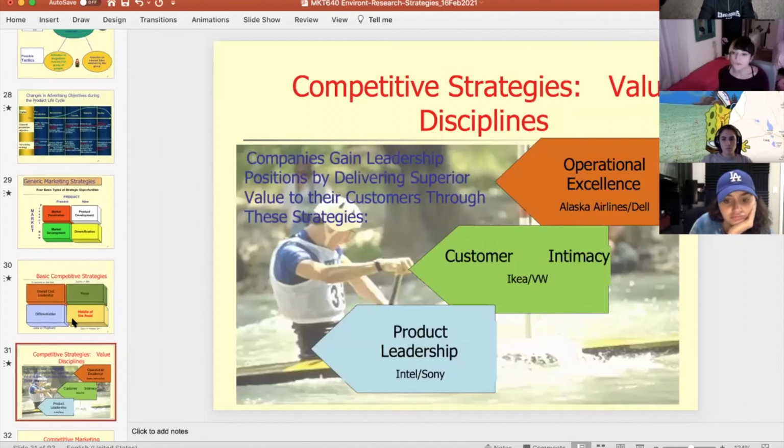No. Okay. So the next two, the first one and second one are more of a service-oriented type of strategy. So operational excellence is how people get to be delivered satisfaction. So they tend to be more like services. So operational excellence is where